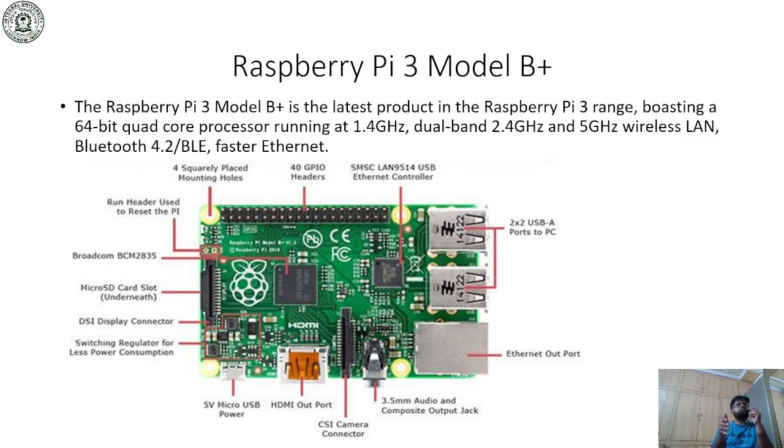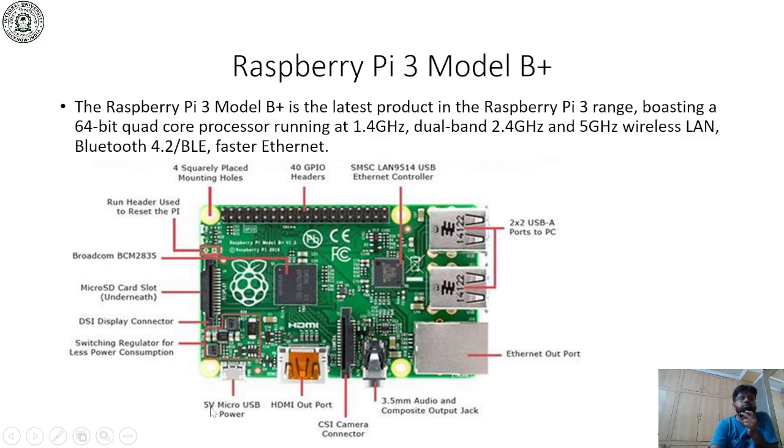So in that case, you have to use a converter that converts the VGA into the HDMI, and in this way you can connect your monitor with this Raspberry Pi. Okay, so this HDMI output is used to connect the display unit. Okay,